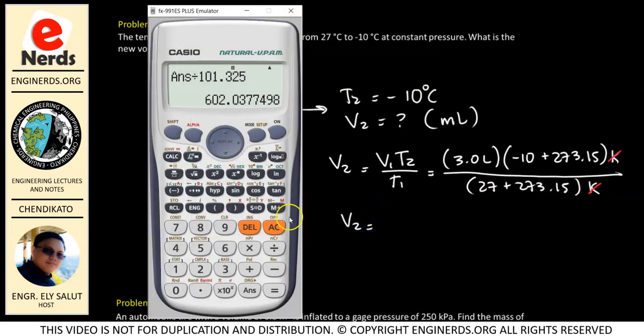Now, let's use again our calculator. So we have 3 times negative 10 plus 273.15, then divided by 27 plus 273.15. Okay, so we have here 2.63